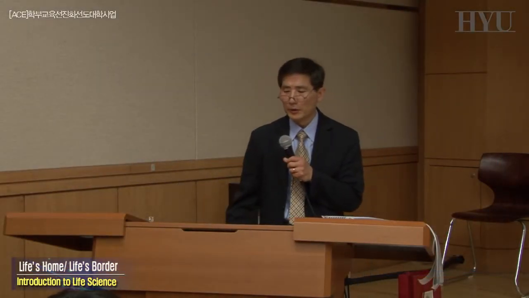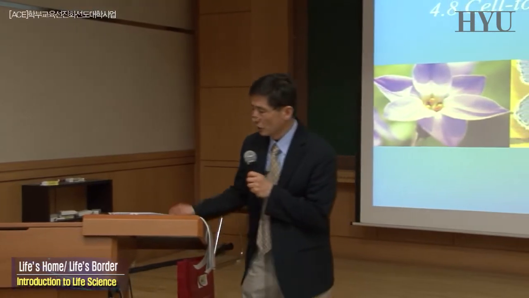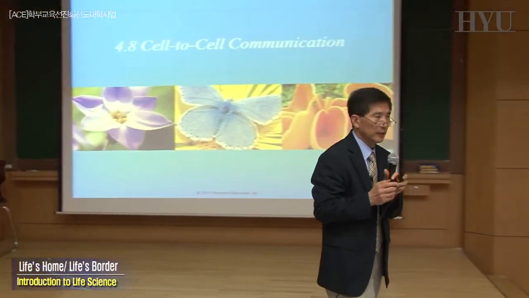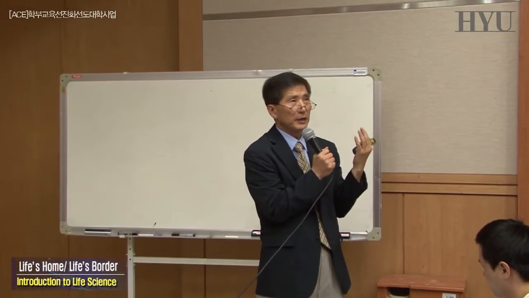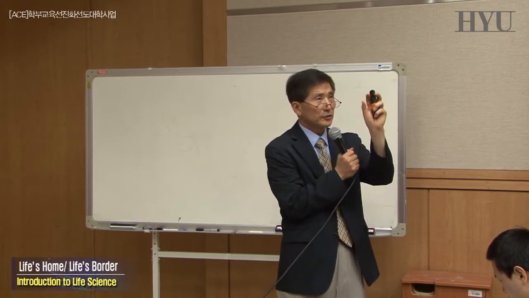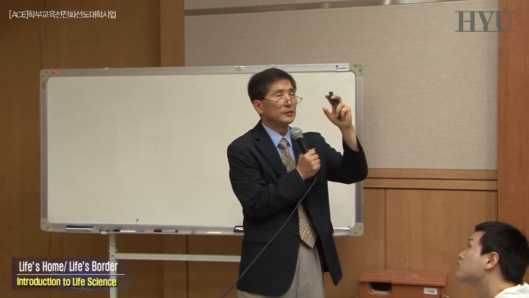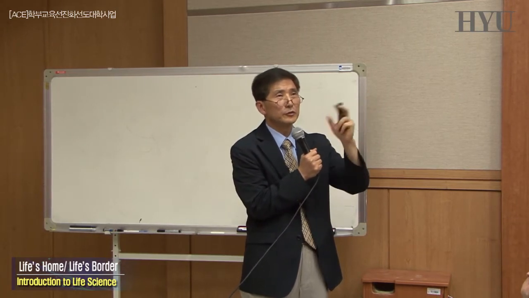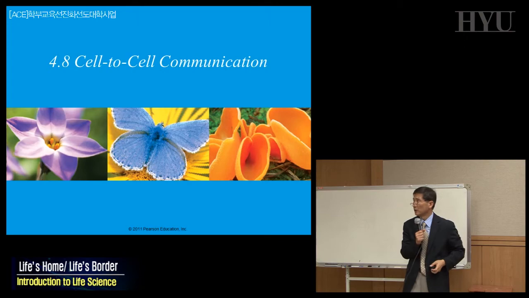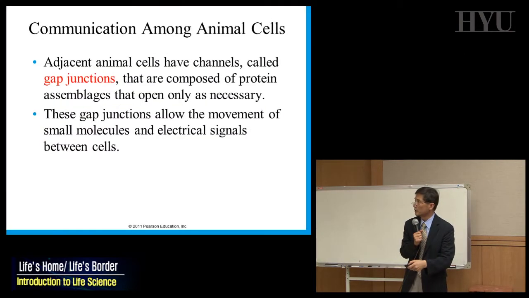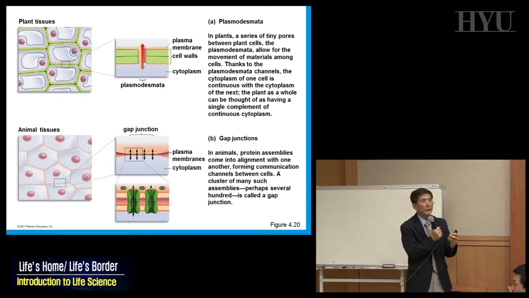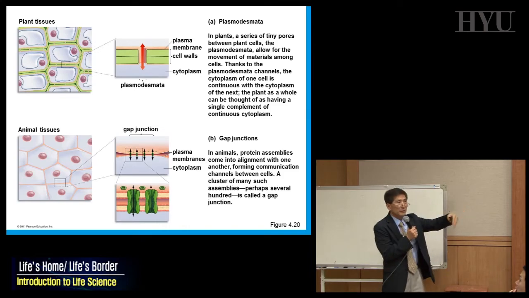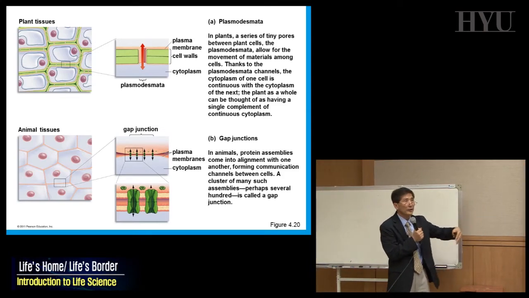Three more minutes, okay? So we looked at one cell inside. But as humans, we are multicellular organisms. In other words, we have lots of cells. The cell is the fundamental unit, but it's not separate from its neighbors. They have to somehow communicate. So how do they communicate? There are two structures you have to remember. In plant cells, it's more difficult because they have a very thick cell wall, so you have to have some space between two cells. We call it